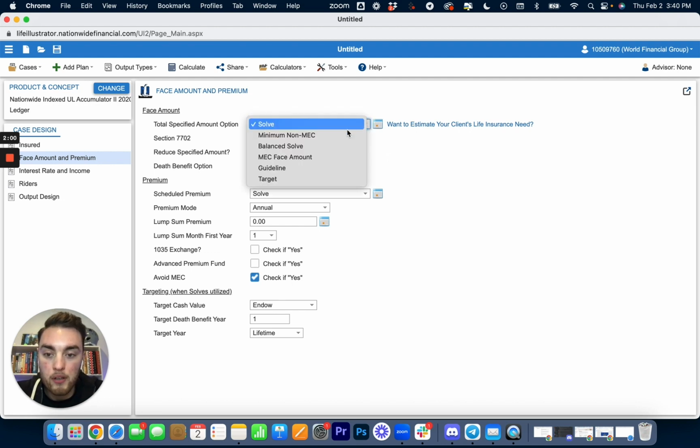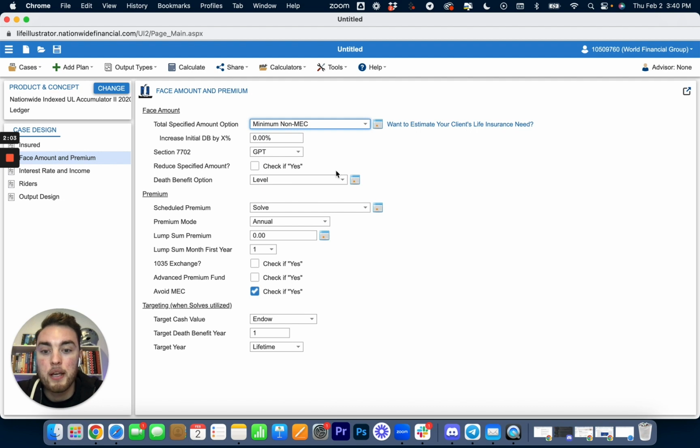But if you look here, I'm going to select minimum non-MEC, and I always do optimal switch, because basically the software that Nationwide uses looks at what the cost would be compared to increasing in level, and it actually switches from increasing to level depending on what's going to be most beneficial for you, the client. So here I'm just going to do a 35-year-old who can do $1,000 a month,